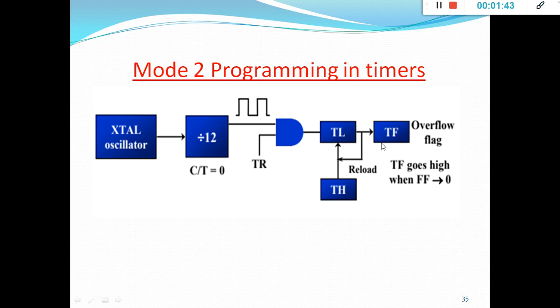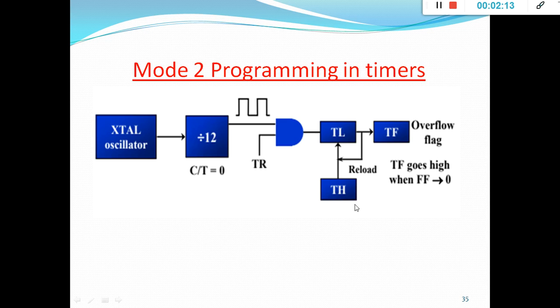TF is also the same timer flag. When the maximum value FF, 8-bit, rolls over to 00, at that time TF becomes 1. So in the range of 00 to FF, TF is 0. When it rolls over from FF to 00, then TF becomes 1. That's why it is an 8-bit timer. Therefore, it allows only values of 00 to FF to be loaded into timer register TH. Whatever initial value you want to load, you have to load in TH.